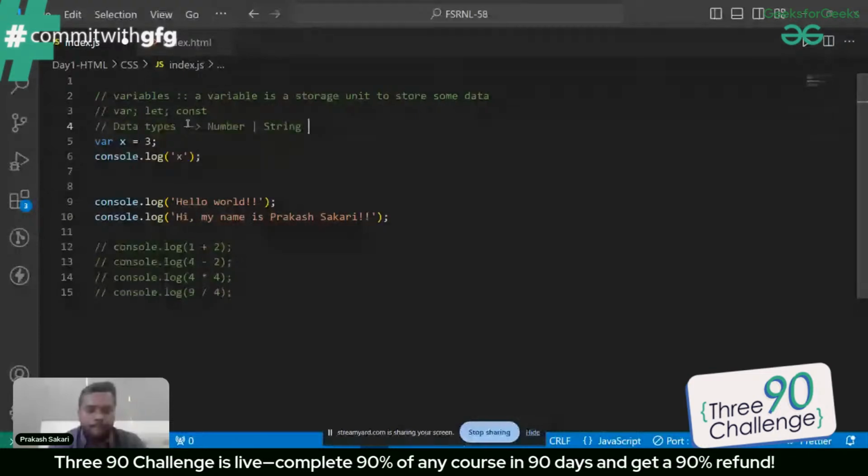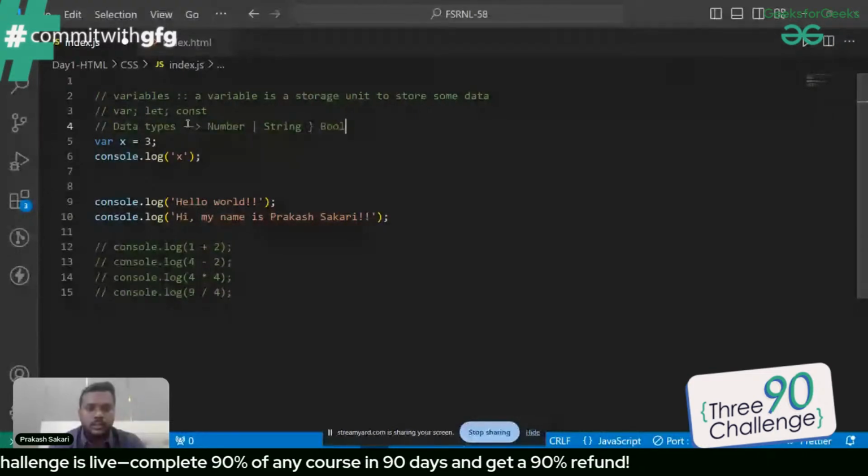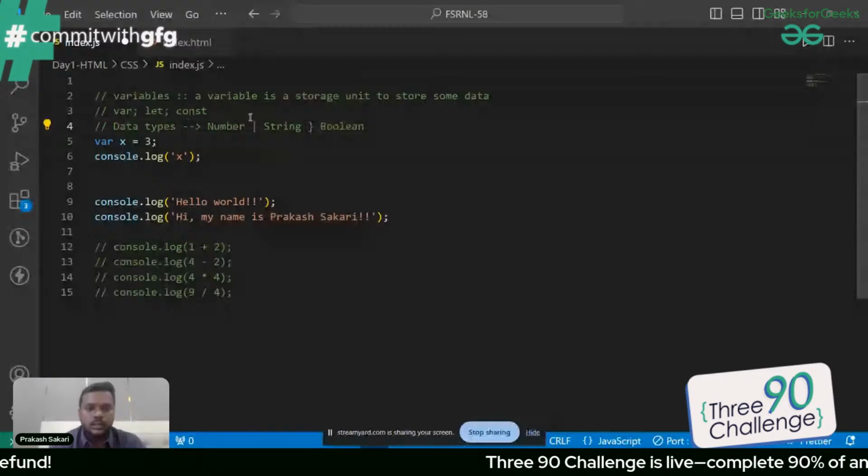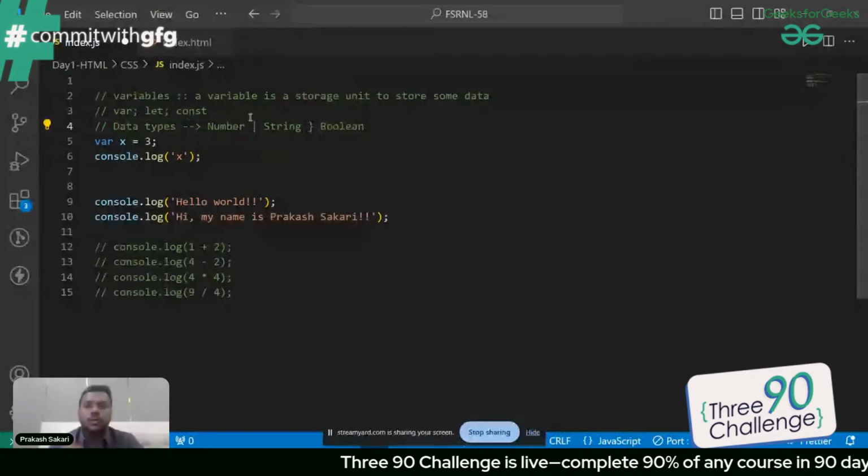There is number, there is string, there is boolean as well. Okay, and there are a lot of other data types also. We'll focus on that. What is number? A number can be a whole number or it can be a fraction number. Okay, what is a string? Anything that you write in inverted quotes,